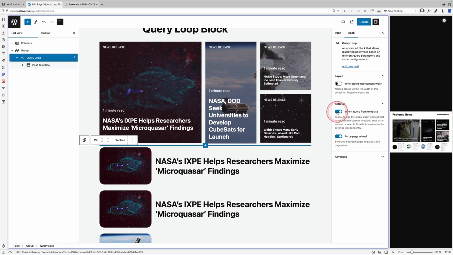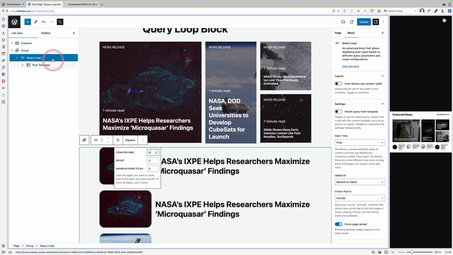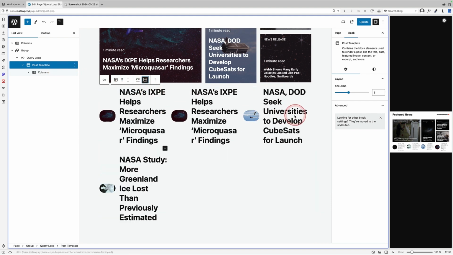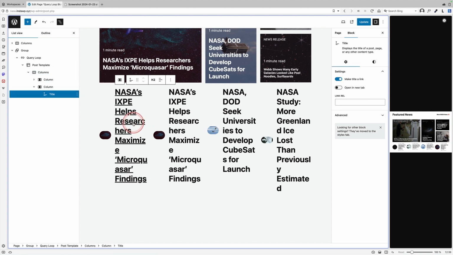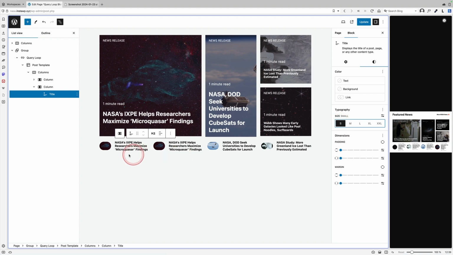What's great about this is that we can actually start to decide first how many posts I want to show in the page. So I want 4 posts, but we can also change the layout. In the post template option here, I can actually change this to a grid layout, and I can also set the number of columns over here. So you can see we're getting close-ish. I need to reduce the title size, so I'm working very fast. I'm going to reduce the title size here. It's not too far away.